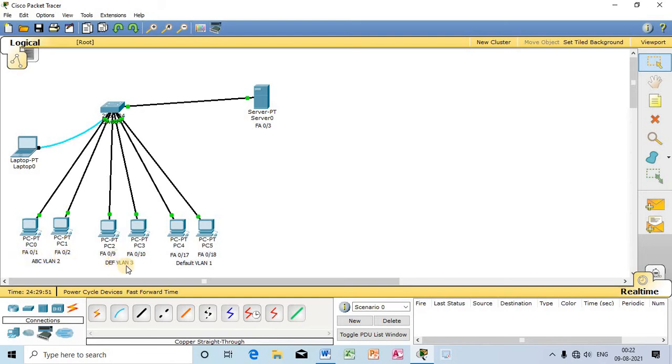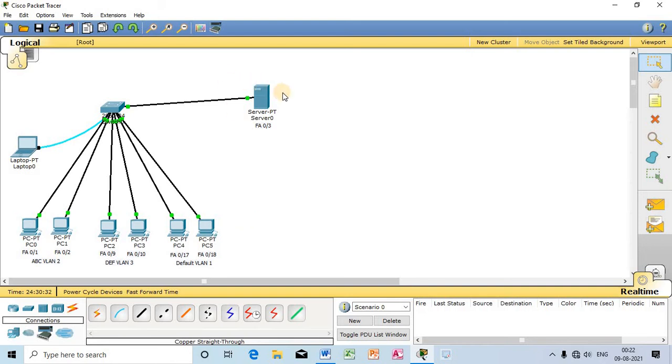And as we have allotted fast Ethernet 09 to fast Ethernet 016 under VLAN 3, that is DEF, where these two computers are connected in the port fast Ethernet 09 and fast Ethernet 010. So these two computers belong to VLAN 3, and these two computers belong to the default VLAN. Why? Because we have not assigned port number 17 to port number 24. So those 8 ports belong to the default VLAN.